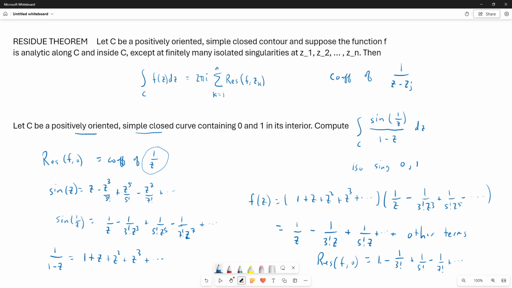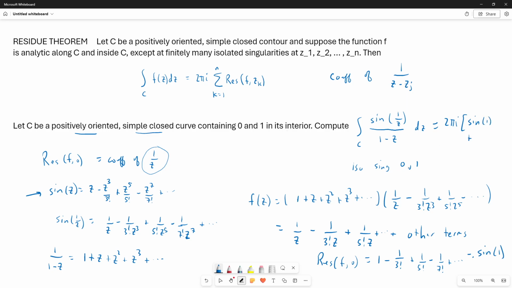Well, that series reminds me of the series for sine z, except it has z equal to 1. Instead of having z's here, they're all 1s. Z to the 7th, if z was 1, 1 to the 7th is 1. So it looks like this is the sine of 1. So our answer so far, it's 2 pi i times the residue at 0, which is the sine of 1, and